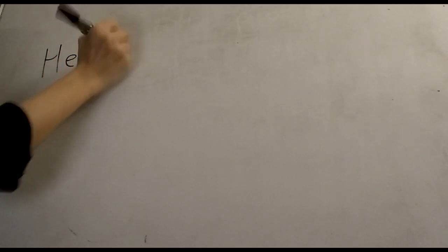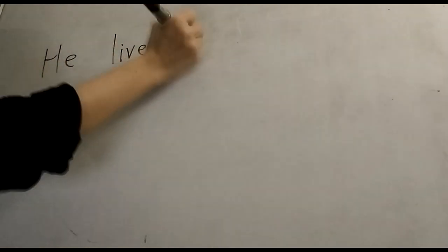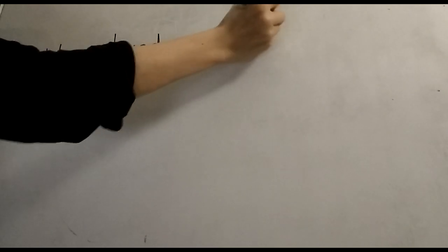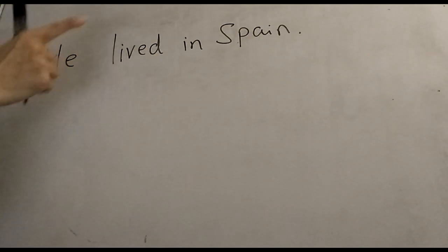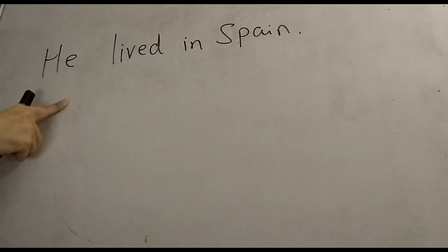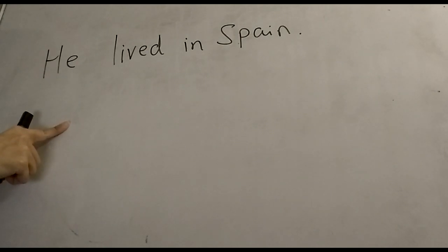lived in Spain. Okay, it should be capital. Okay, he lived in Spain. Here, even though we know that the meaning of the sentence is connected with something that happened before, but to be more specific or to have more detailed information,